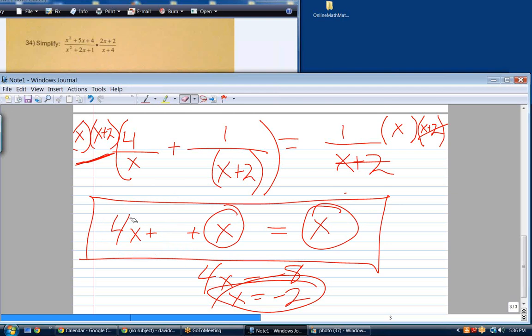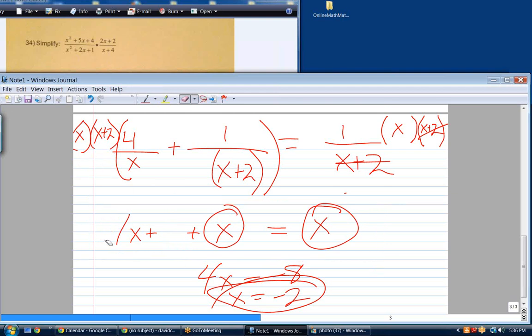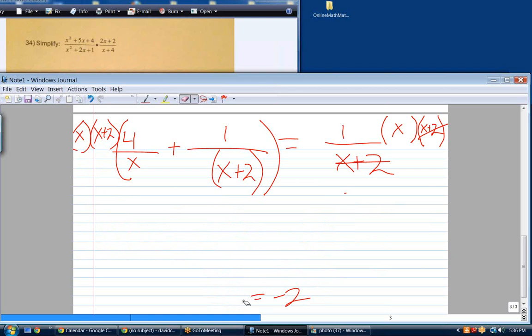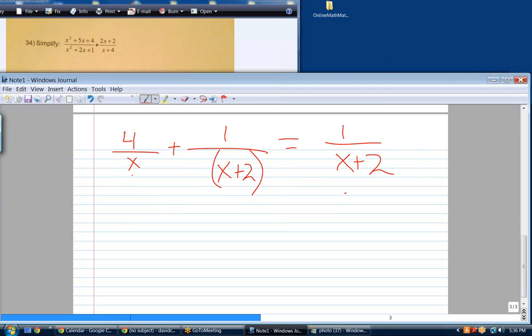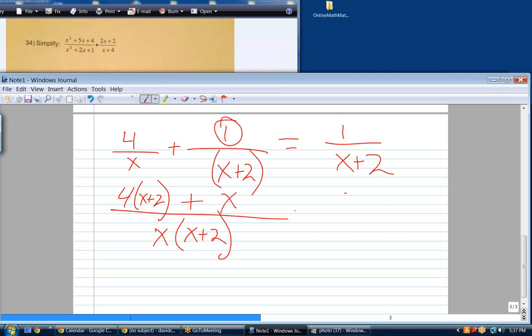But the secret in finding this is to think of it as looking for a common denominator. In other words, the other way to solve this problem is to do it normally. The normal way would be to find a common denominator, right? That common denominator is going to be x times x plus 2. This top part will be 4 times x plus 2. This top part will be just x. Over here, we won't do anything,